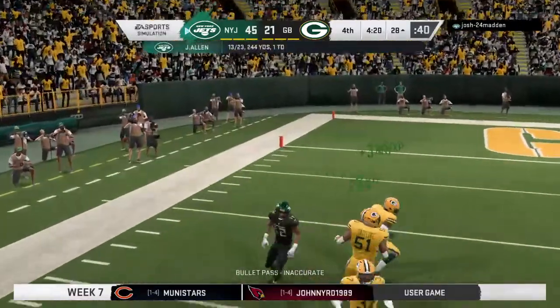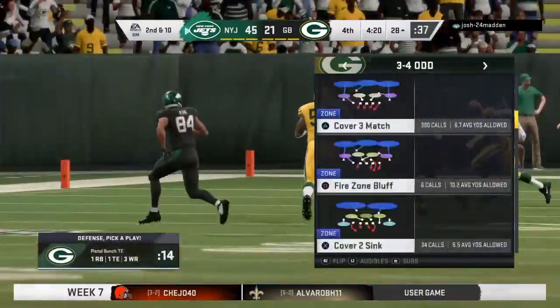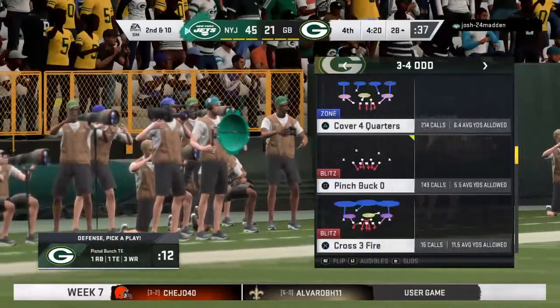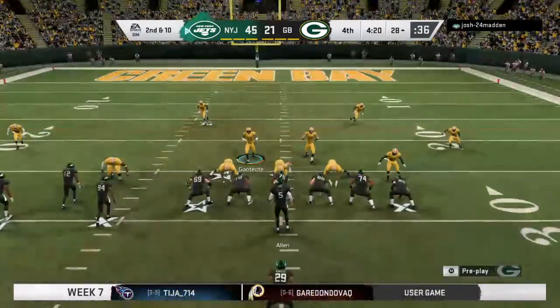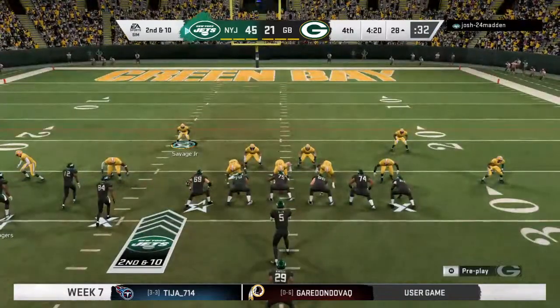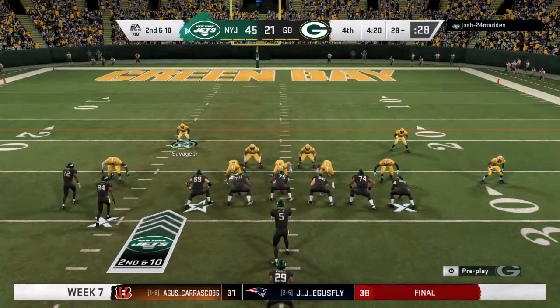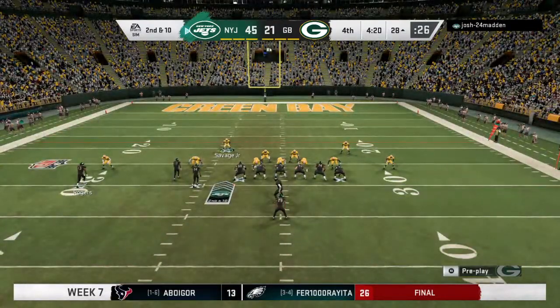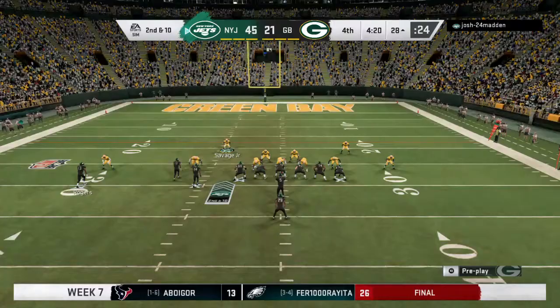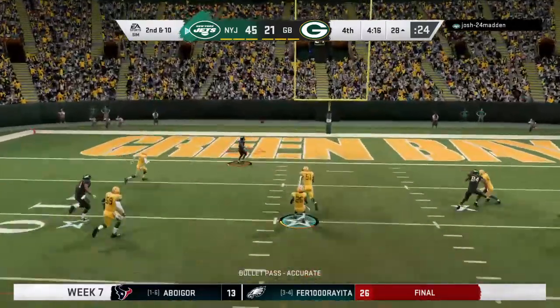Throwing on 1st down is Allen. And his throw here is incomplete. Brandon Cooks, the receiver he was going after. But it's going to be 2nd down. They're still throwing the football here. Now, obviously, the incompletion stops the clock. That's a bad thing. Feels to me like they're just keeping them honest on defense, because you know they're going to stack the line of scrimmage and try and stop any type of a running play. Short little passes may work in exchange of running plays. Keep the clock moving, keep them moving. I guess you're right. If they can get some 1st downs...